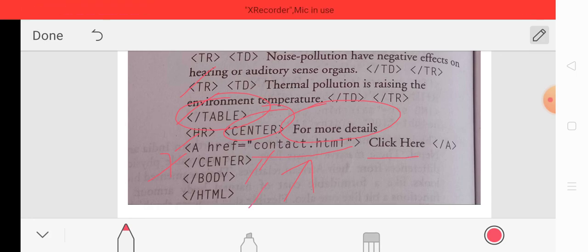So this is the question to design a web page. I hope now you are able to understand this type of question and answer it if it is asked in your examination. First of all, identify the tags, then read the instructions very carefully to see what type of setting is required, and according to that implement the web page. This is basically a long answer type question and may be asked in your examination, and this type of question is asked in many examinations. I hope now you are able to understand this type of question. Thanks for watching this video.